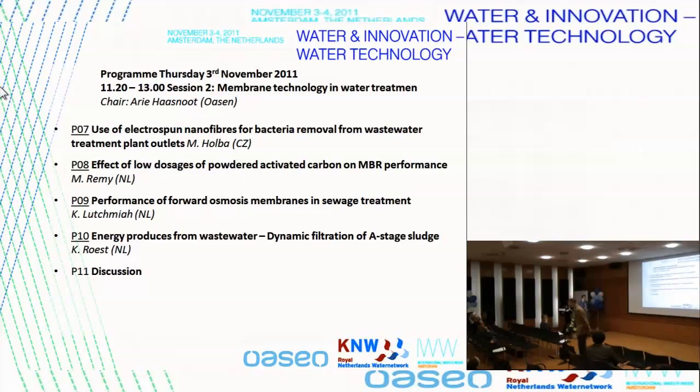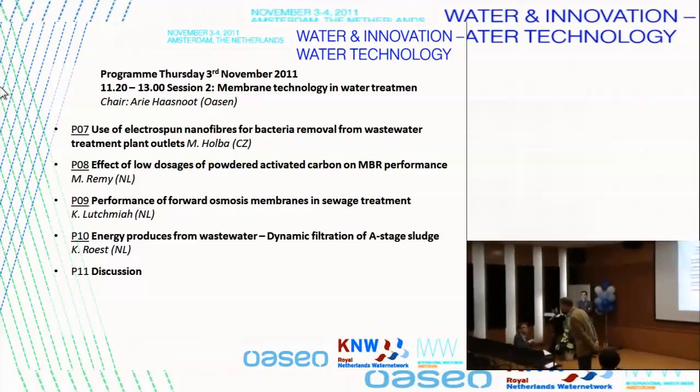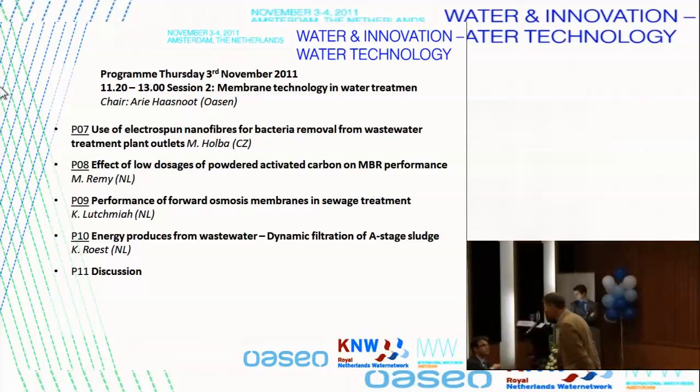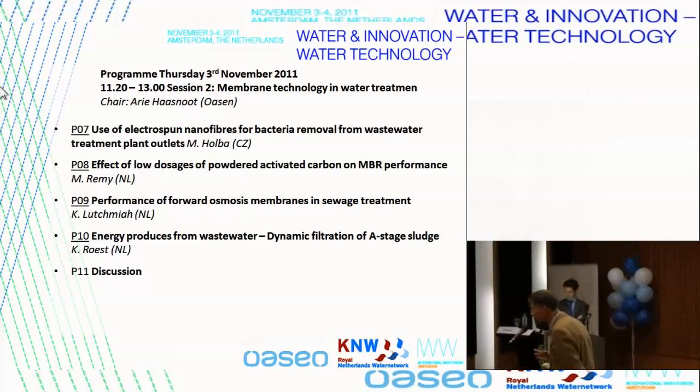My name is Arnold Mulder from Amecon in Delft. I have a question to Mr. Roest. It is a very interesting concept, I think, because through the years I know this A stage is producing a lot of sludge, which can be digested. In the current situation, this sludge is thickened and then digested. But in your concept, I have two questions, because what is the concentration you want to have in this A stage? You seem to not know yet, I believe.